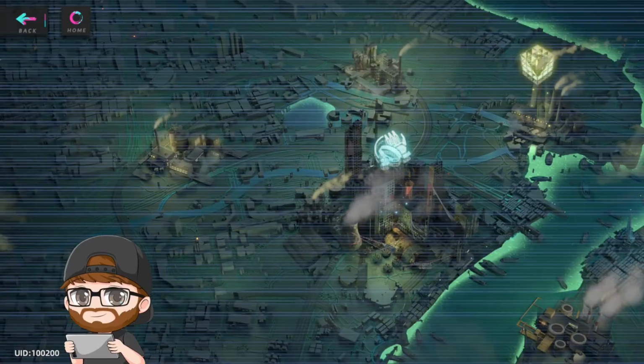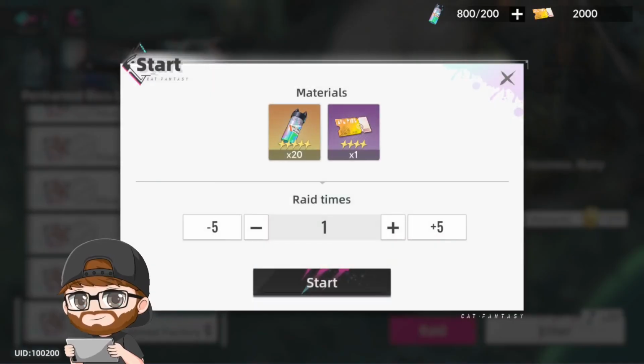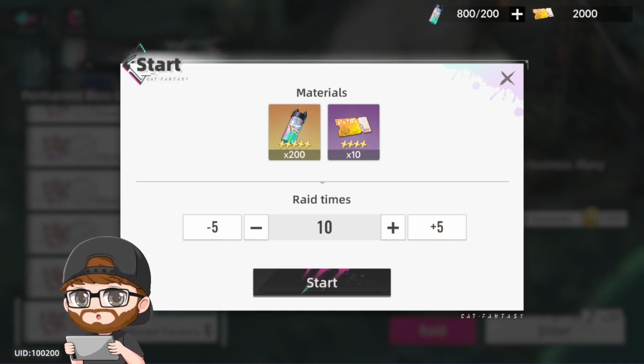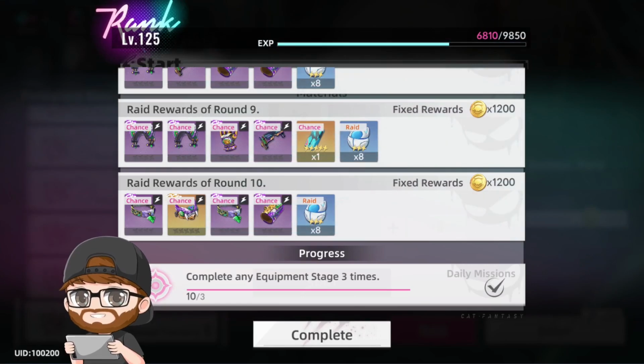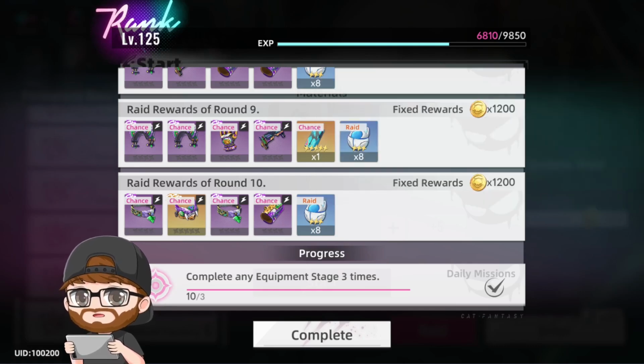Let's go in here, and let's do a run of 10 on the 6th stage. So we're going to go in here and do this. Now, this also gives you those reroll materials as well, which is nice. The gear dungeon gives you quite a bit of stuff. You get EXP, you get the gear reroll materials, and you get the gear itself. So it's very good value for gear dungeons, especially when they have the gear dungeon events when we start getting